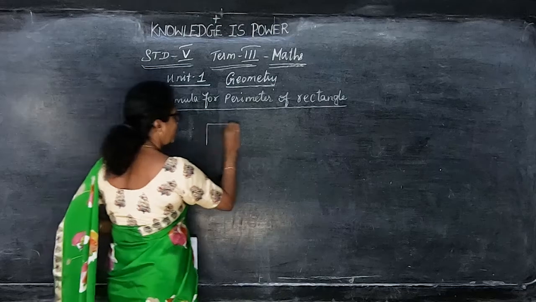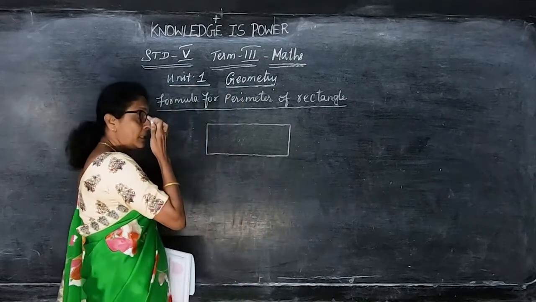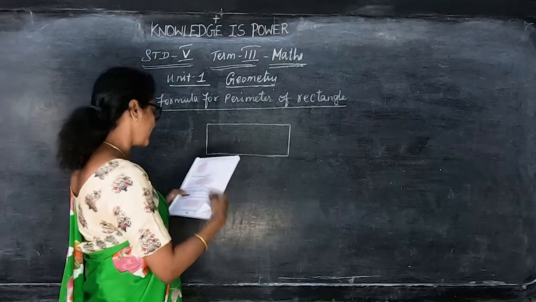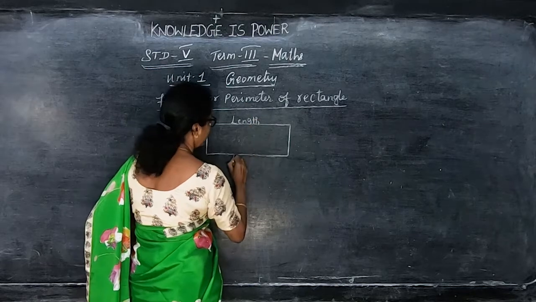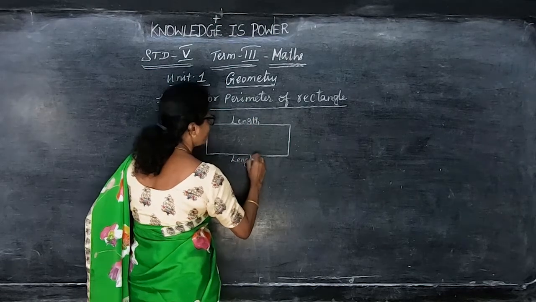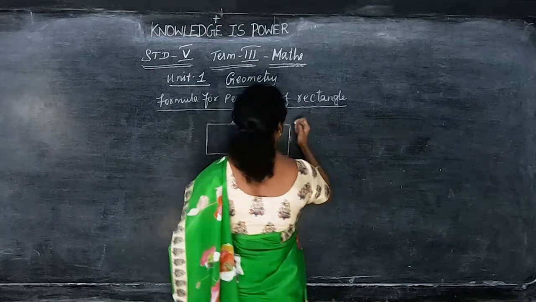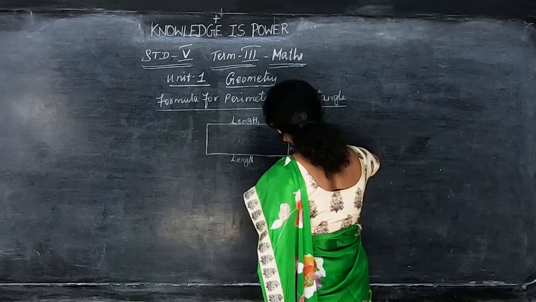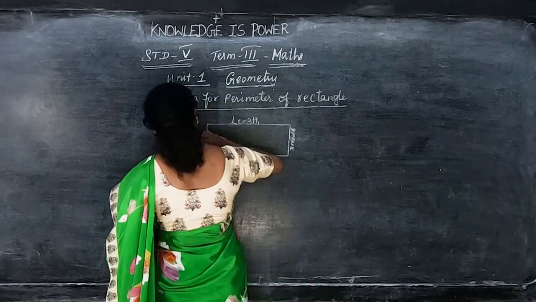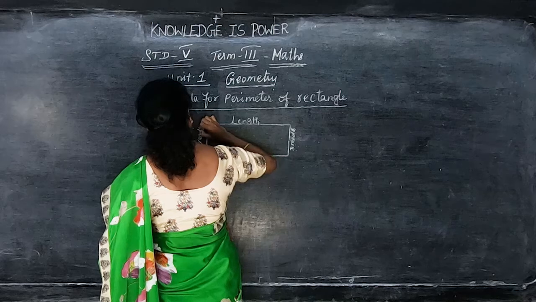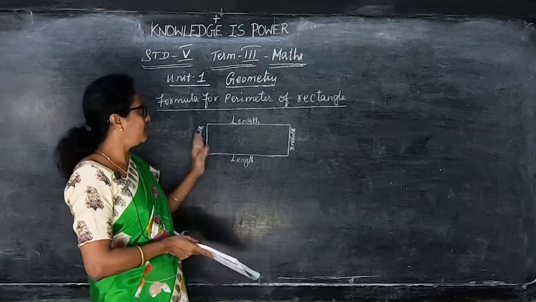So rectangle means your table, even in the classroom you might have seen the writing table and your pencil box, that seems to be the rectangle. So in rectangle, this is the shape of the rectangle. This is the length and this is also the length. Okay, and this is the breadth. This is the breadth. B-R-E-A-D-T-H. So two sides having the length and two sides having the breadth. So in pencil box you have seen, in writing table you have seen. So this is the rectangle shape.